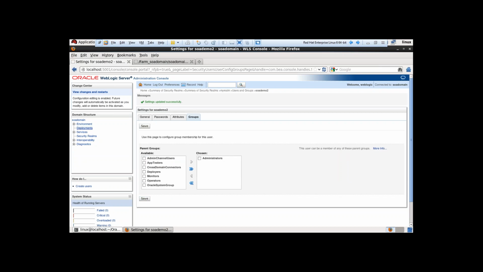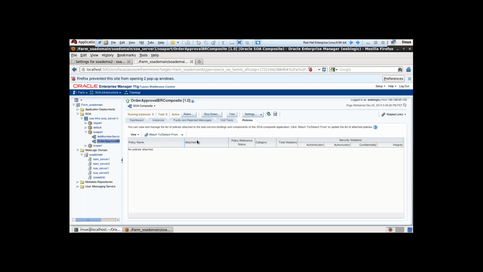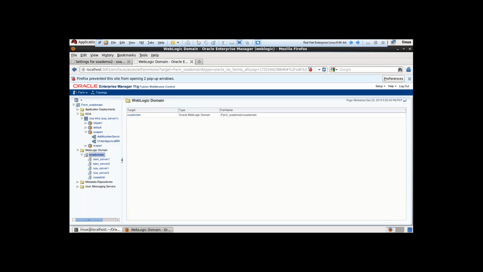Then I have created the user successfully. So next, after completing this one, I'm moving here. Click on the SOA domain,